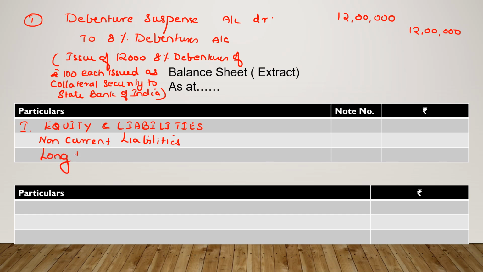And then we write long-term borrowings, which is going to be note number 1. So under long-term borrowing, we have the bank loan from State Bank of India,